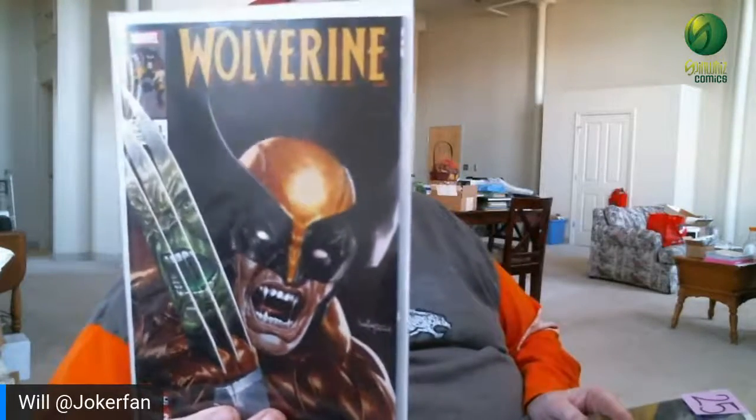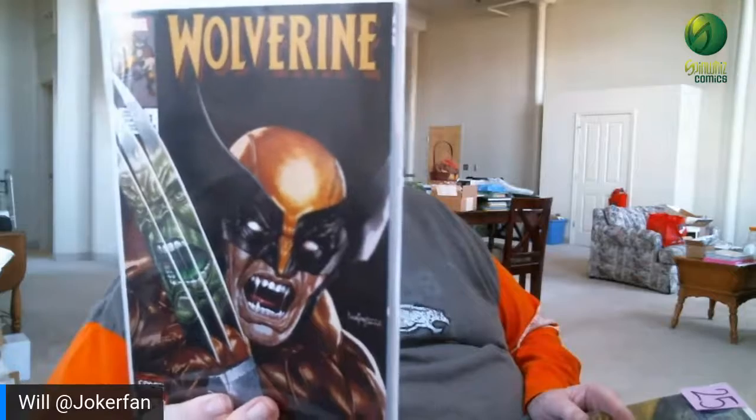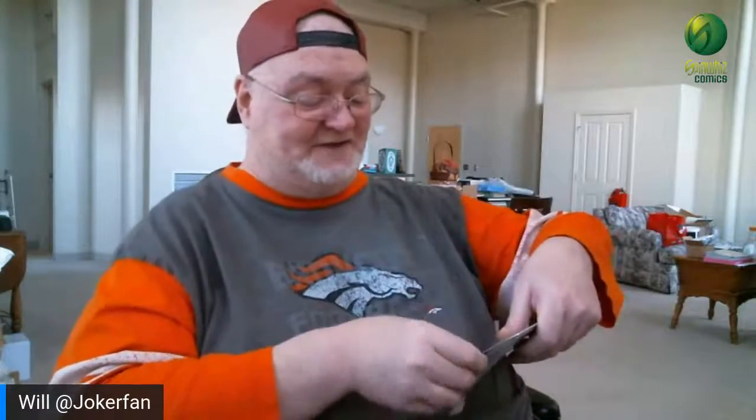Then I bought this because it was the C2E2 Wolverine exclusive, and it is the homage to the Hulk cover. Very cool. This book is thick as hell. So I'm going to open it really quick so I can find out which one it is. Oh, this is an exclusive from